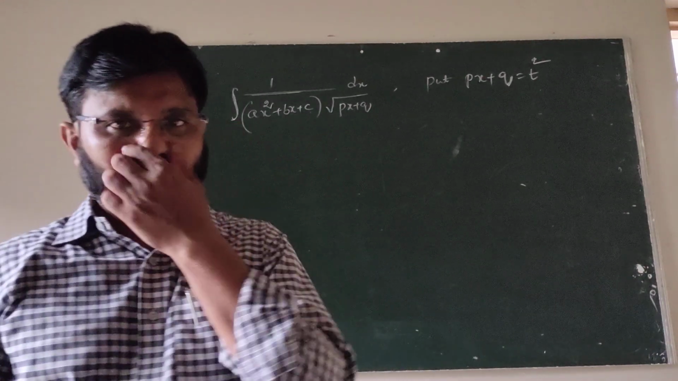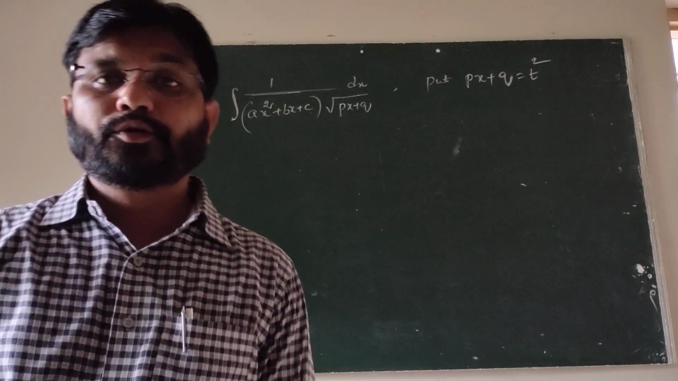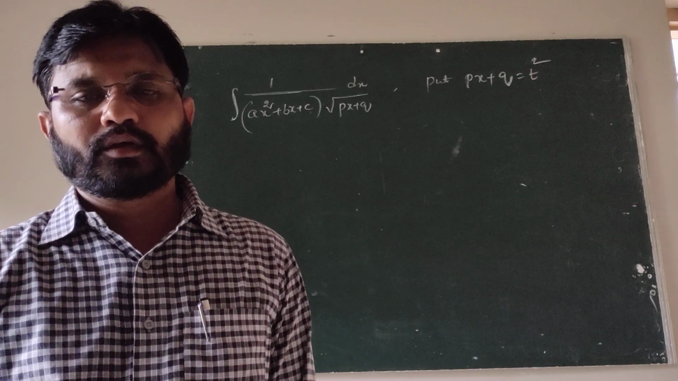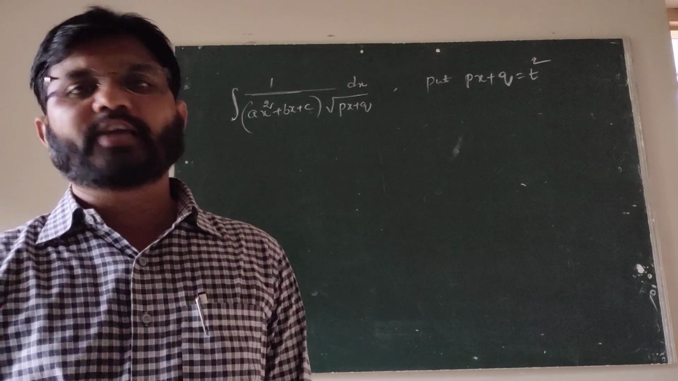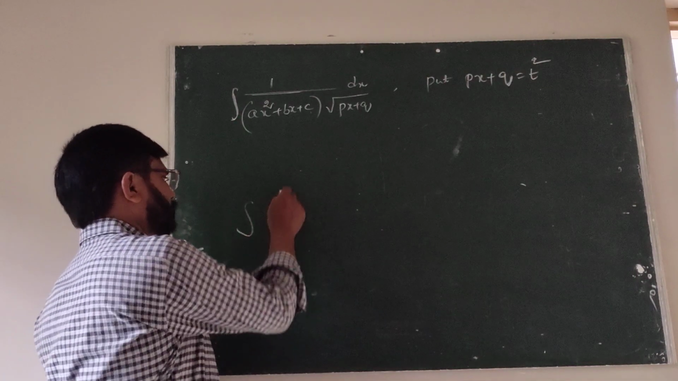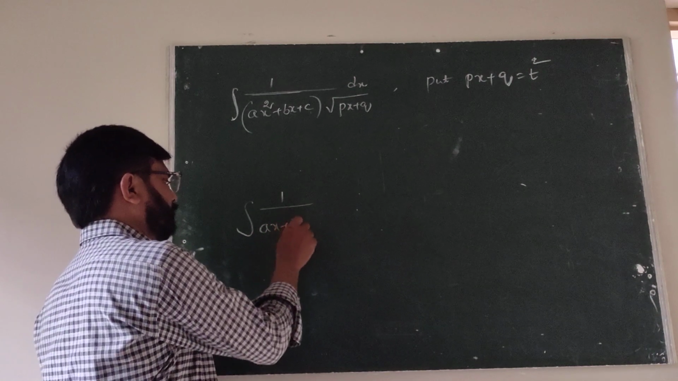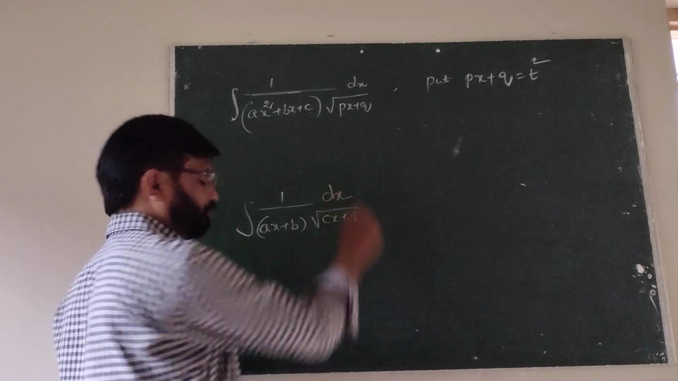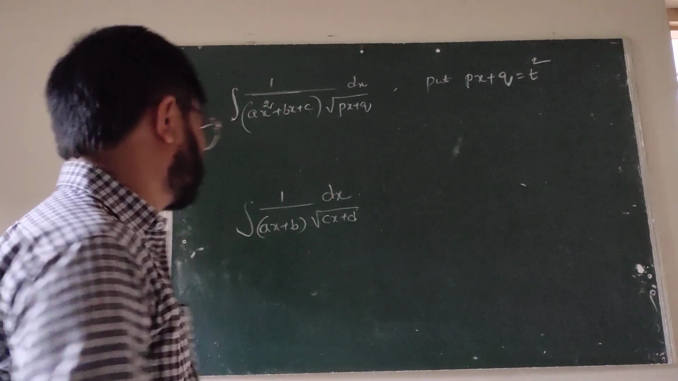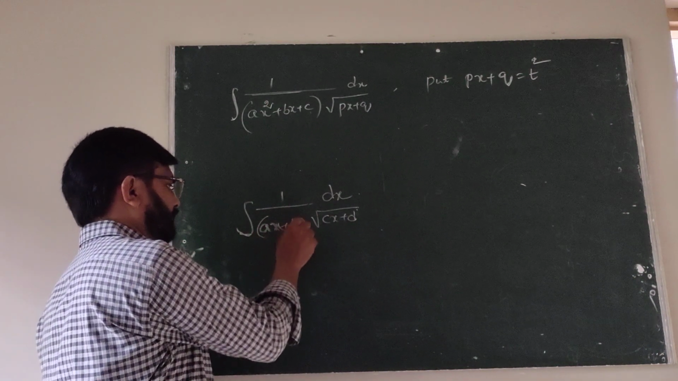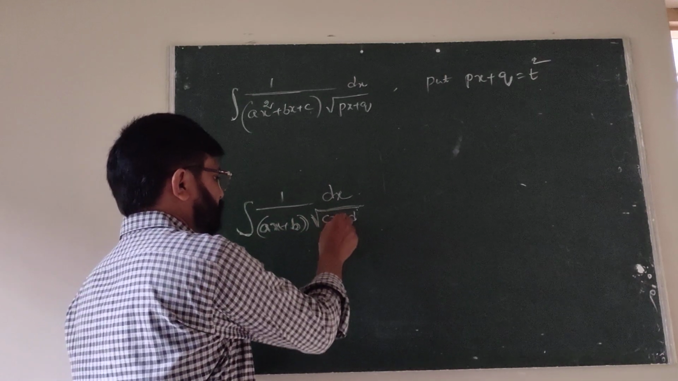Hi everyone, good morning. Today we are going to discuss some special types of integrals. Already we discussed 10 types of integrals. Suppose we have the integral of 1 upon (ax plus b) under root of (cx plus d) dx. Is it clear? Maybe I think this is the seventh type, (ax plus b) into under root of (cx plus d),